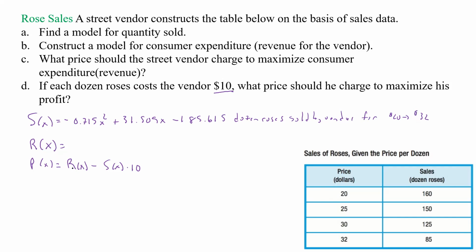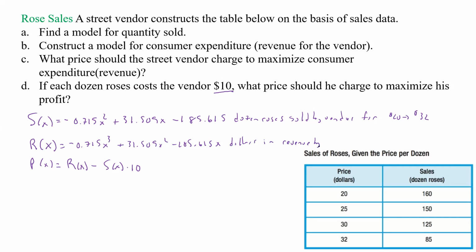Well, that's going to be our revenue based on how many we sell. So if we take and multiply S of X times, not by 10, by X, that will give us what our revenue is. So if we multiply this equation by X, that's going to make that X cubed, X squared, and X. And so that'll give us a negative 0.715X cubed plus 31.509x squared minus 185.615x. And now this is going to be dollars in revenue